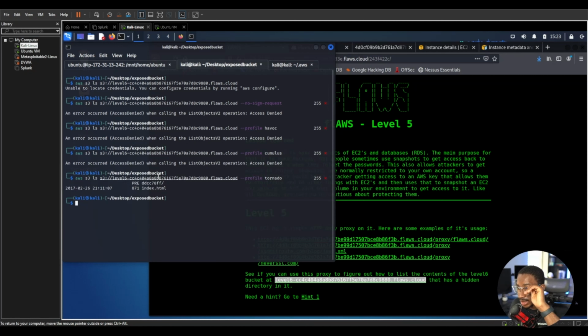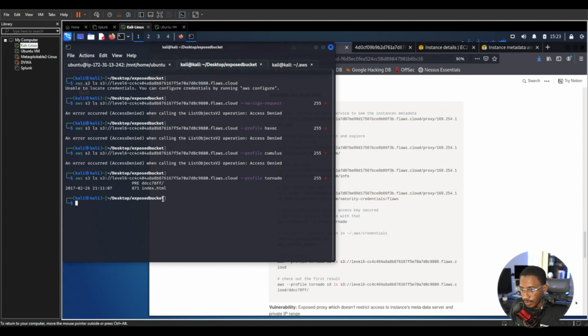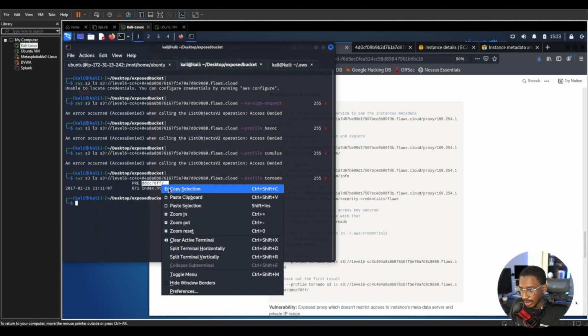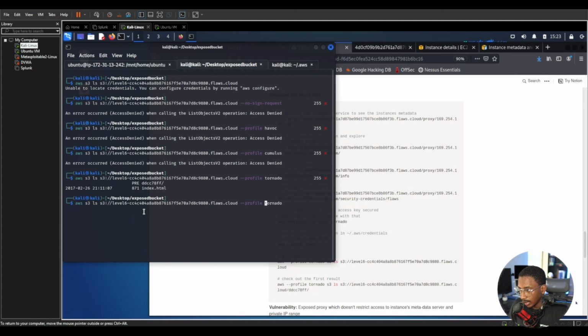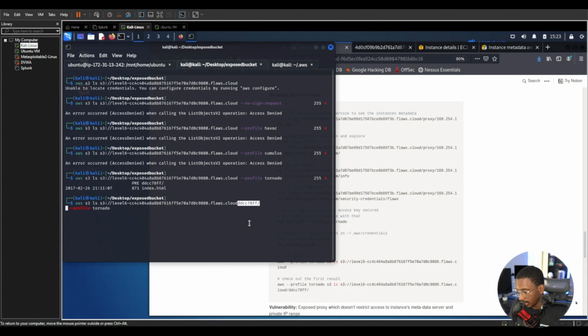And there we go. We can see that Tornado has access to this bucket and can list the content of this bucket. And in this bucket, we can see that we have the index of HTML as well as this file right here. So let's add that to the end of this. So gonna put that, oops, gonna put that and paste that right there. All right, to add /,